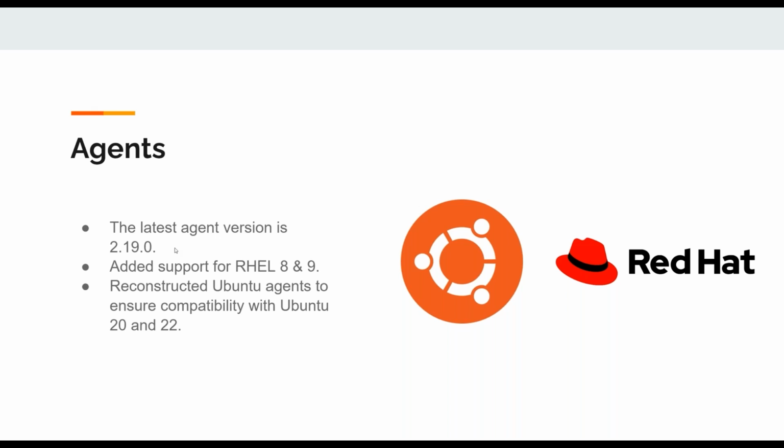And one of the things that we were able to do recently was add support for RHEL versions 8 and 9. So if you have Red Hat, we had previously had 7, but now that's deprecated. So RHEL 8 and 9, we have agents for that, as well as we revisited the Ubuntu agents for Ubuntu 20 and 22. We previously had the Ubuntu 18 agent, and